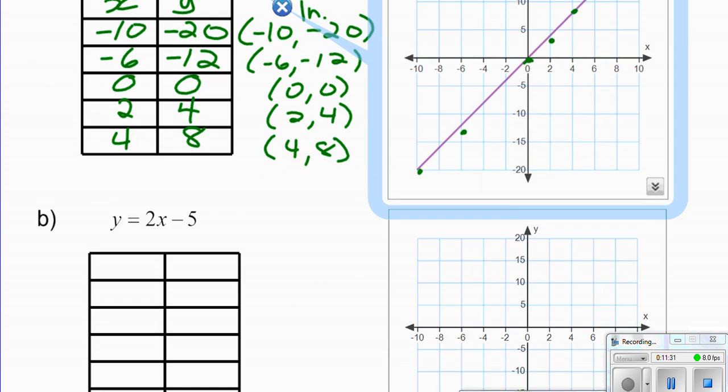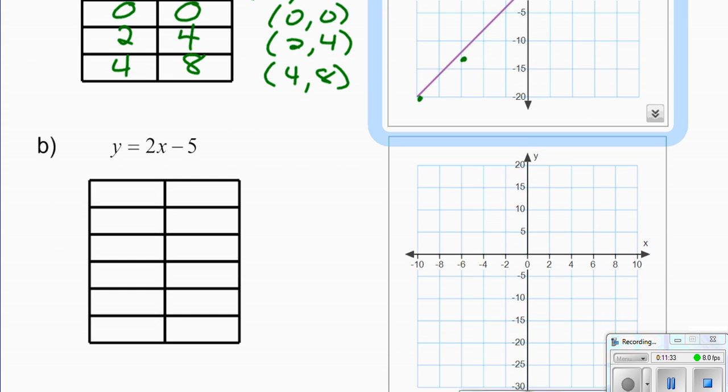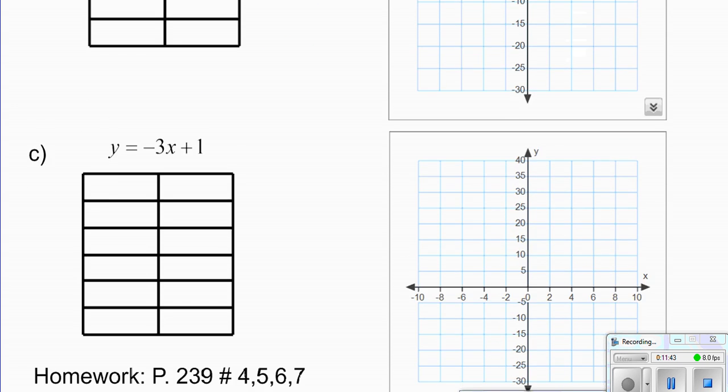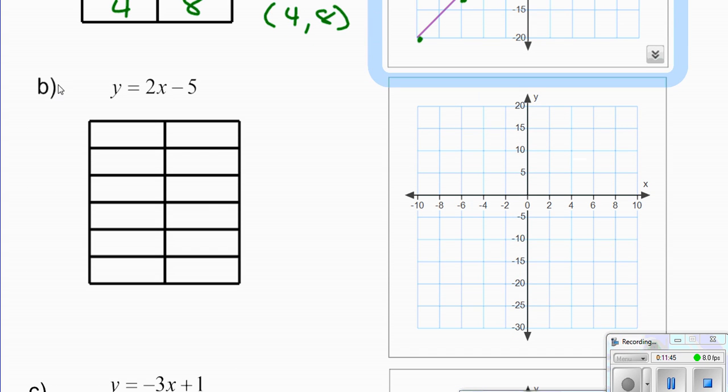Okay, so you're going to make the table for the next one. Remember, independent, dependent. So I'm going to show you what the graph should look like, just so you have an idea. I'm not going to complete the tables for you for B and C, because I want you to do these on your own, but I do want you to get a sense of if you feel like you've done it right or not. Okay, so for B,